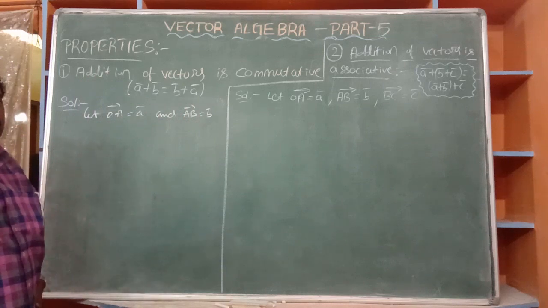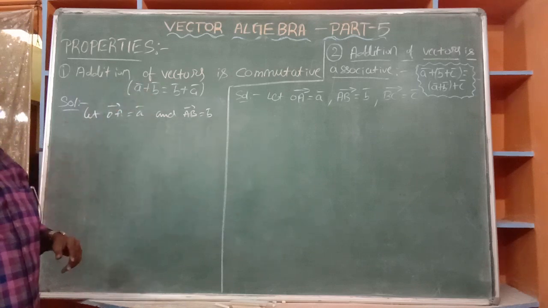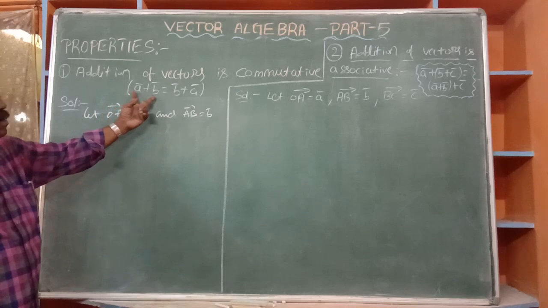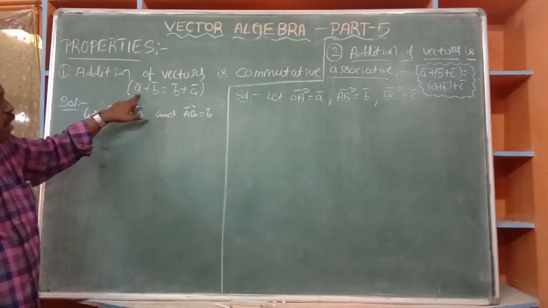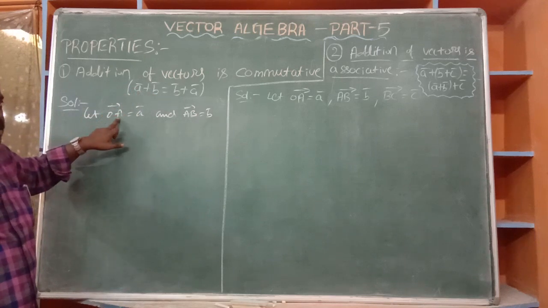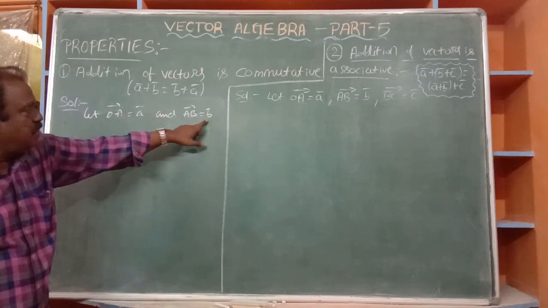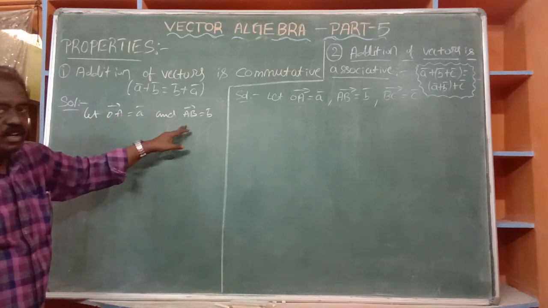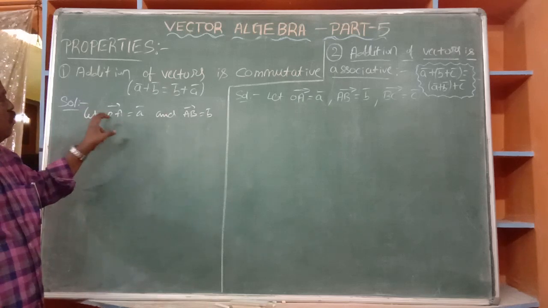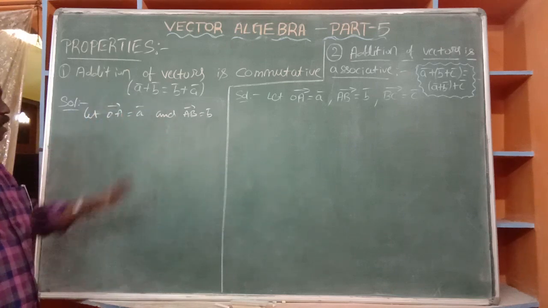It is wrong. Why? Because we have to add the two vectors A bar and B bar. Just now I completed that concept. If you want to add two vectors, the terminal point of the first vector A bar, its terminal point A, must be the same as the initial point of B bar, the second vector. With that condition, OA bar is equal to A bar, then AB bar is equal to B bar. Not OB bar. Okay?